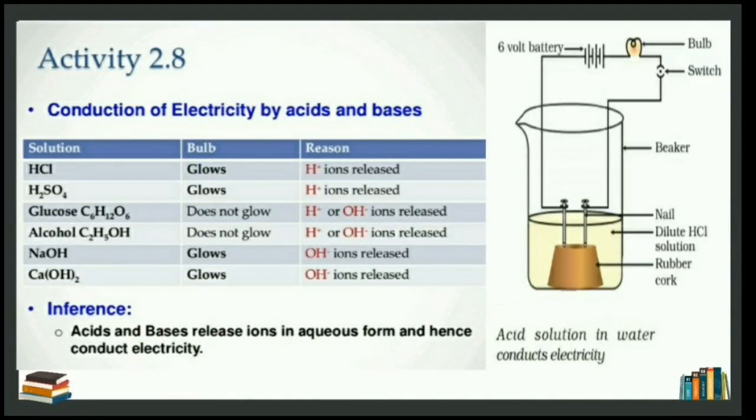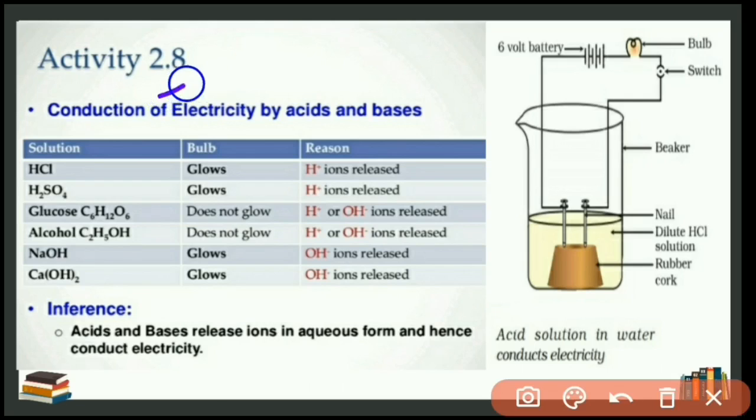From the above activities, we observe that some activities show the common properties of acids and bases, and some show the difference between acid and base. Activity 2.3 shows that when acid and base react with metal, they release hydrogen gas. Similarly, here we also observe a similar property of acid and base by activity 2.8.